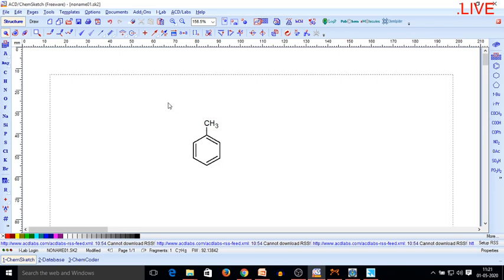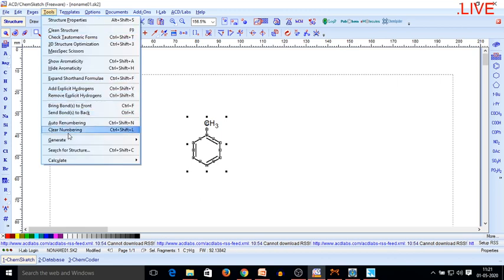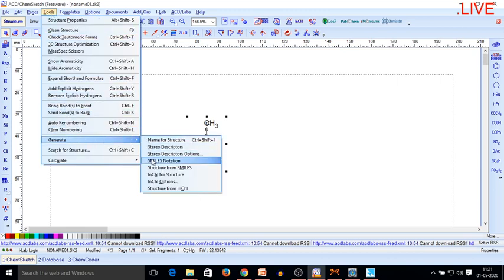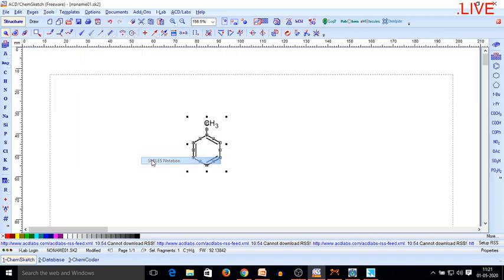Now as my molecule has been selected, I will go to tools, generate, and next to it I will create a SMILES notation. Okay.